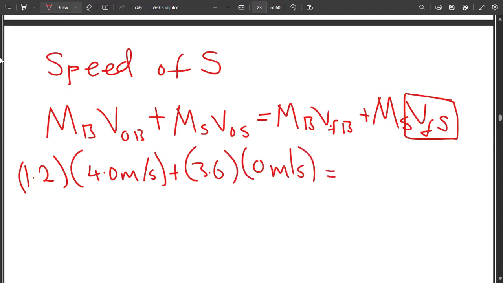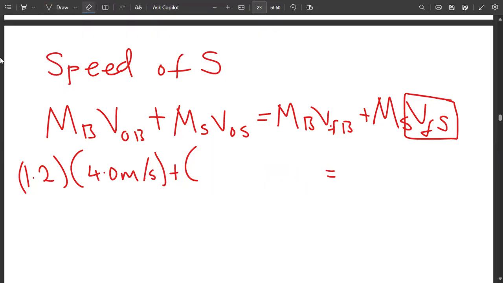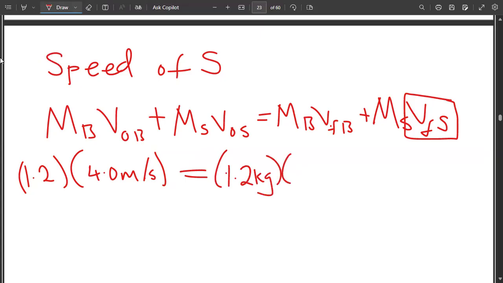Okay, this will be equal to, so this guy is already a 0, so I can just take it out to reserve some space. Okay, so that means this part is equal to 1.2 kilograms multiplied by the final velocity of B, of which the final velocity of B is negative 0.8 meters per second, plus